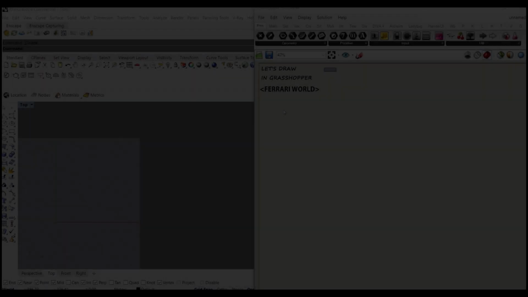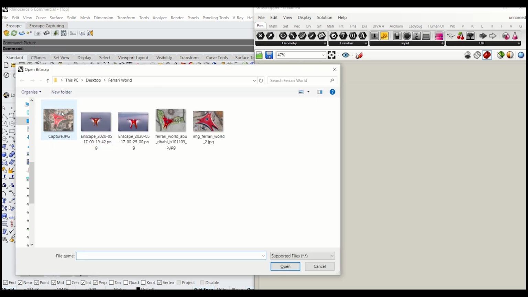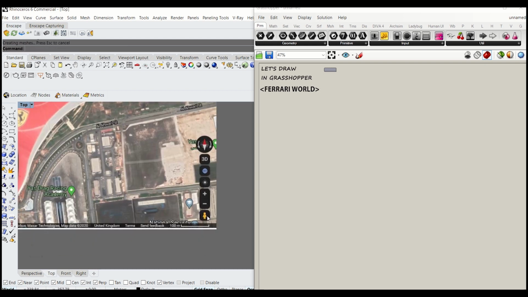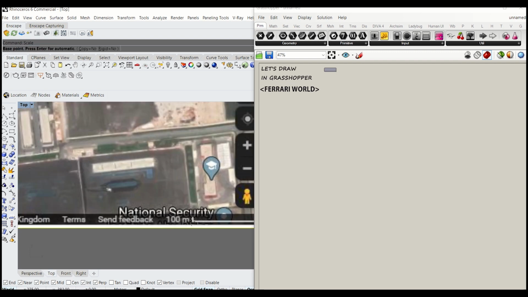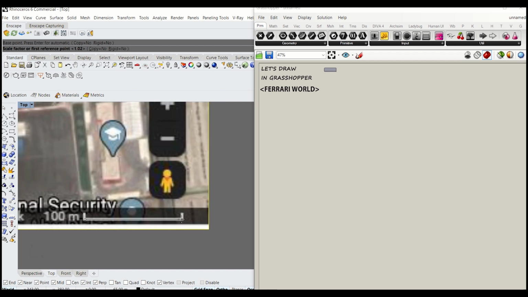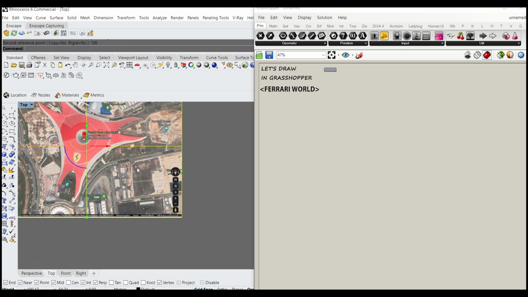Okay, let's try to draw this building in Grasshopper now. First of all, we need the background information that we can reference. So type picture. I've captured this Google Earth image before, so I'll drag and drop this bitmap. All you need to do now is scale it to the true scale. So type scale, and we have this reference, the measurement at the bottom of this image. So type 100 to get it to the right